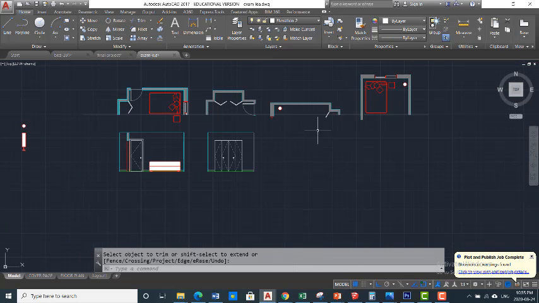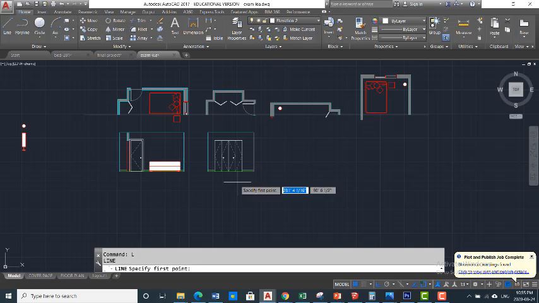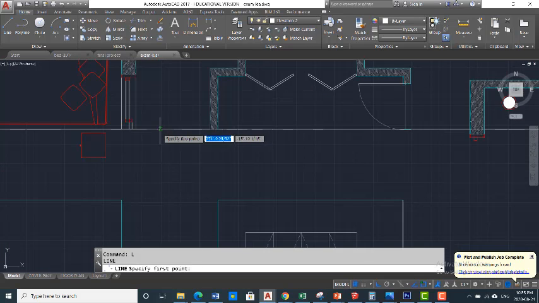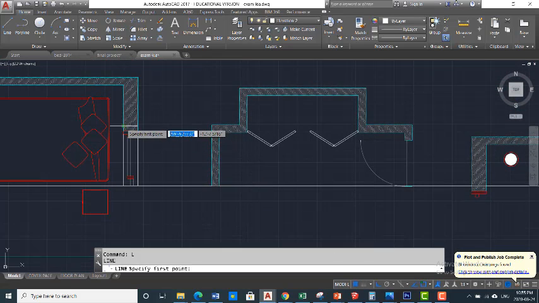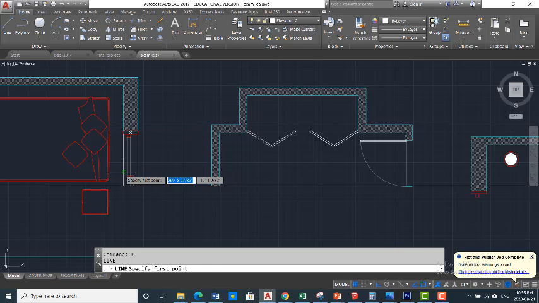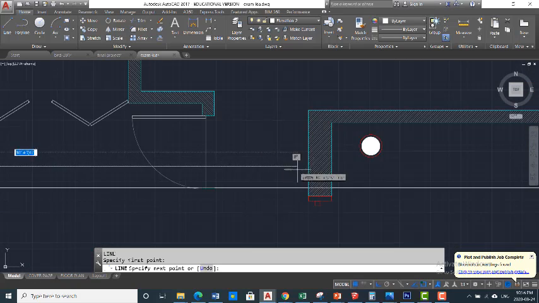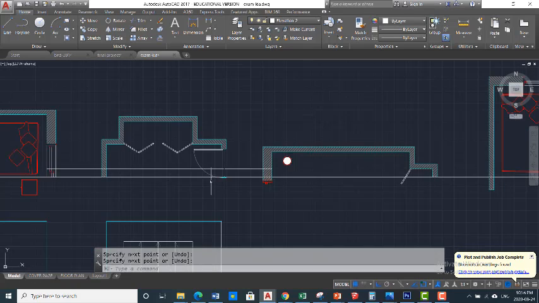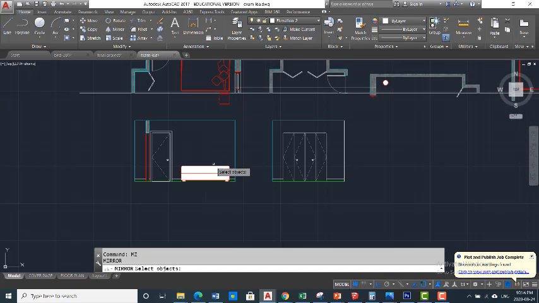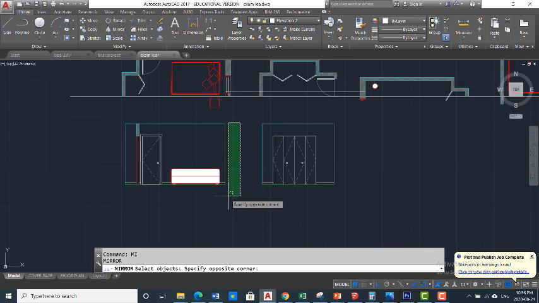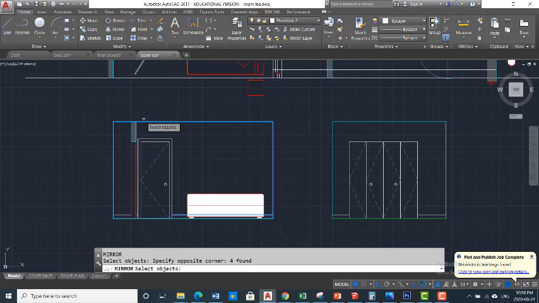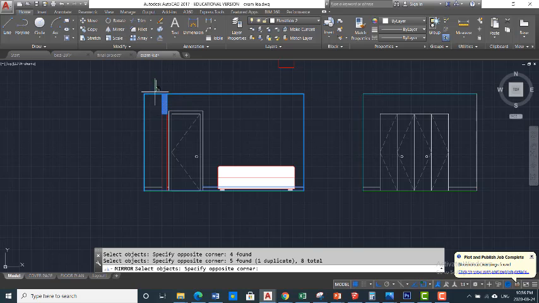Okay, so the next thing is this one. The good news is this is exactly like this one. So what I would do, I would just draw a line. You have to select something specific from this plan to that plan, and in this case it would be the inside wall to inside wall. Then I use mirror, so I just mirrored the closet,